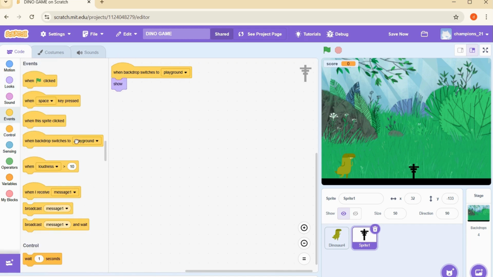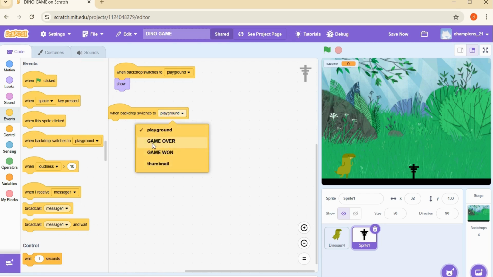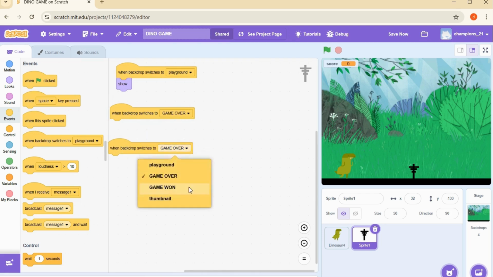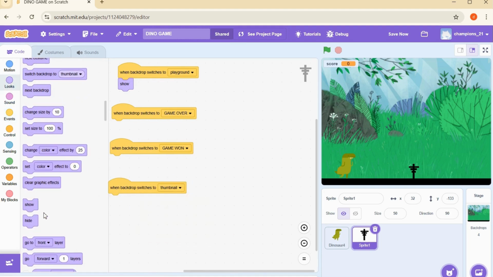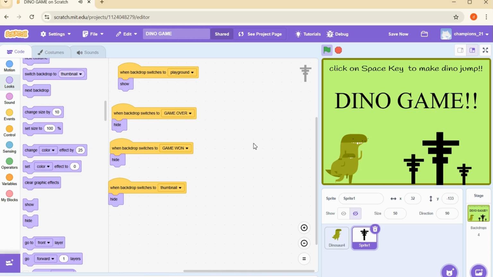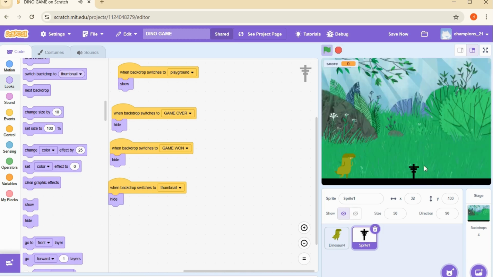So whenever the backdrop switches to game over, game 1, and thumbnail, I just create a duplicate and we will use exactly the same block to hide. Hide block we will prefer. Hide, hide, and hide. Now you will be able to see it. Can you see? Now it is not visible.